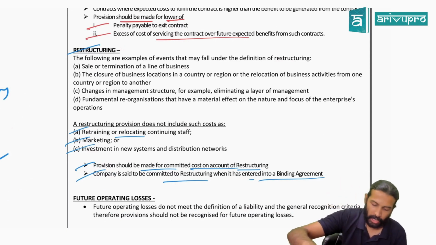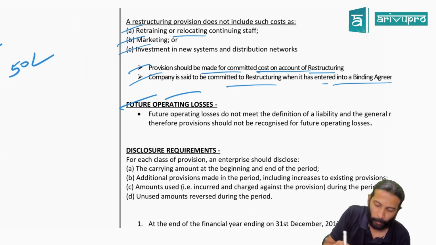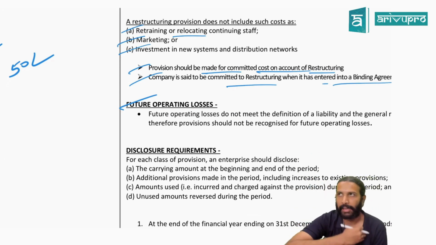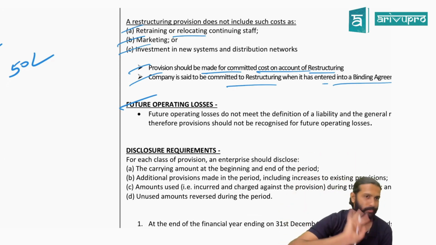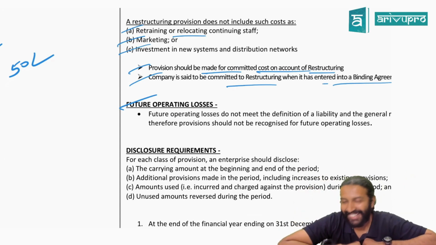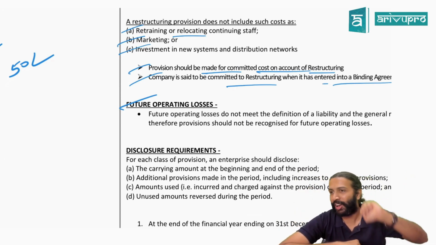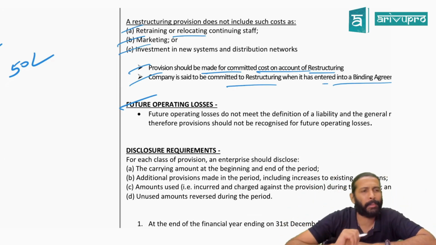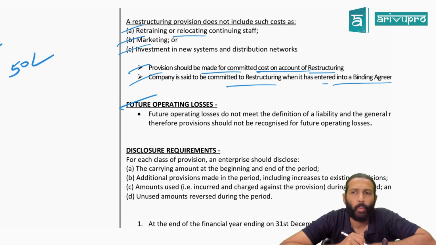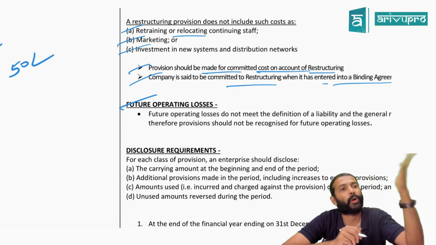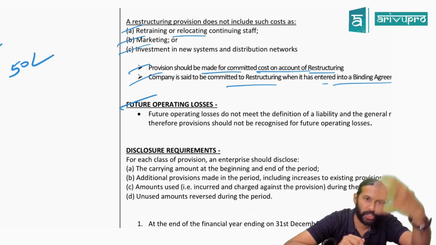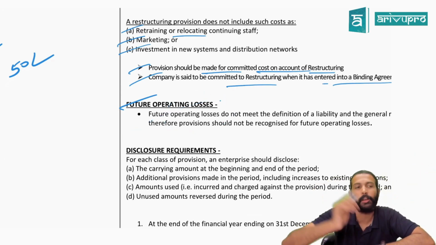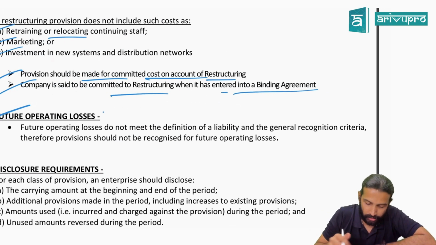Yes. Last but one provision is future operating loss. I'm going to make a loss in the next year. Let's say at academy, we feel next year we'll make a loss. Assumption. Next year we're going to make a loss of 3 lakh rupees. Can I make a provision for that loss now? Why? What is the definition of provision? Present obligation arising out of a past event. So for future operating losses, will you make any provision? No provision. So that is what they've written.